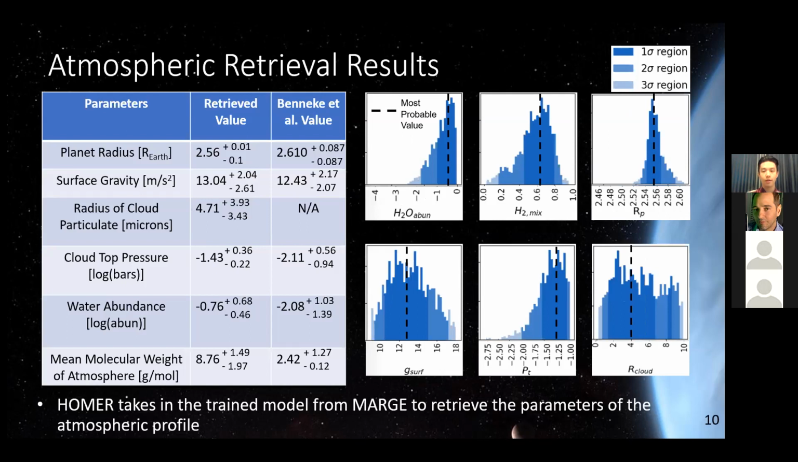And here on this slide, I show the results from Homer for the grid that has hydrogen and nitrogen as the background gases. And so we're excited to see confined histograms for most of the parameters, and some values of the planet radius and surface gravity are close to the values than the previous model. But we do observe differences between the cloud top pressure, which is still within 1 sigma range of the Benneke value. But the water abundance and the mean molecular weight of the atmosphere are a lot higher than the Benneke value,